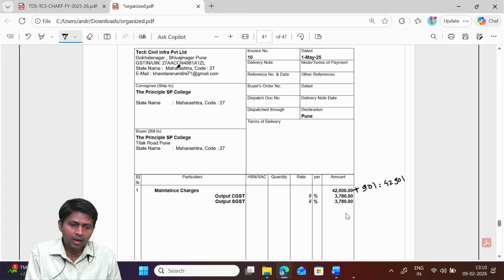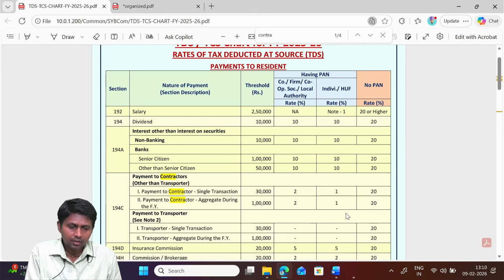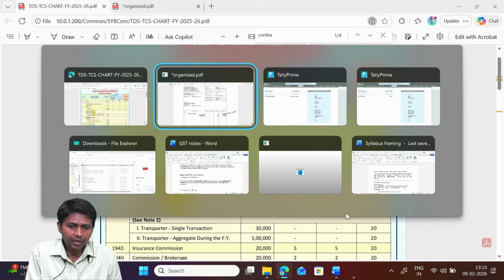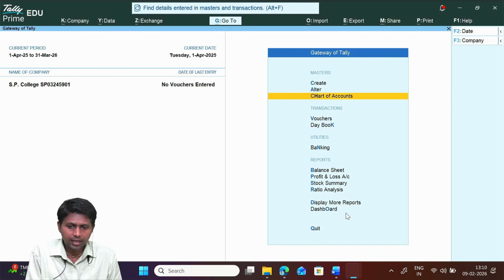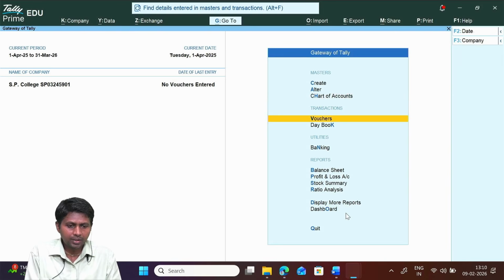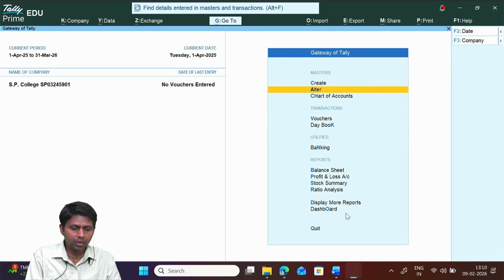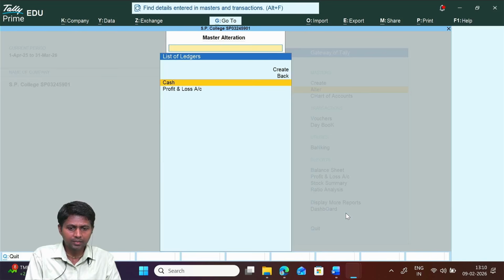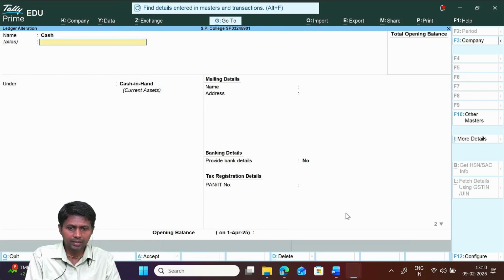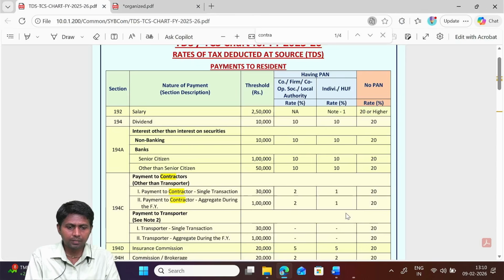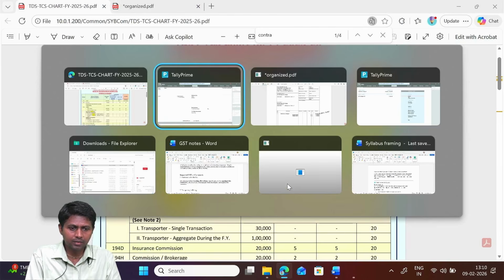Come back again in the Tally software, Tally in your company, and then start passing entry, or before that you can also create the ledgers. But what I will do, I will create opening ledgers first, and then after that, as I said, you will find cash by default. You have to update that cash balance. Now in our assignment we have cash balance of